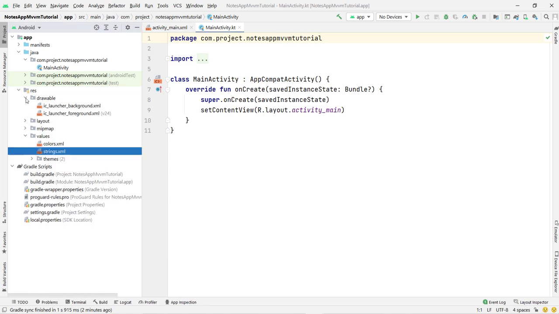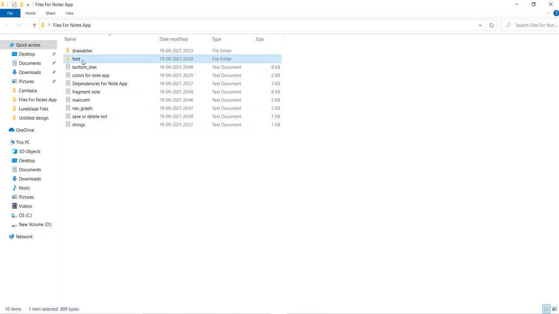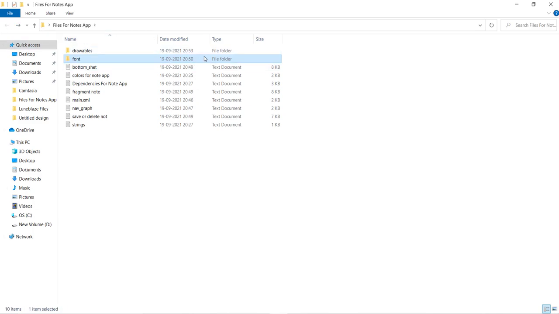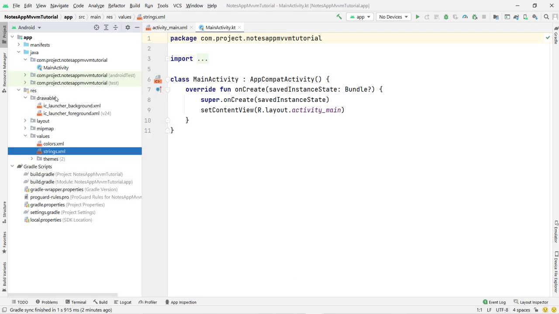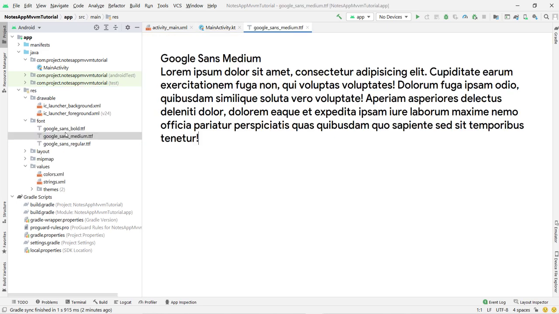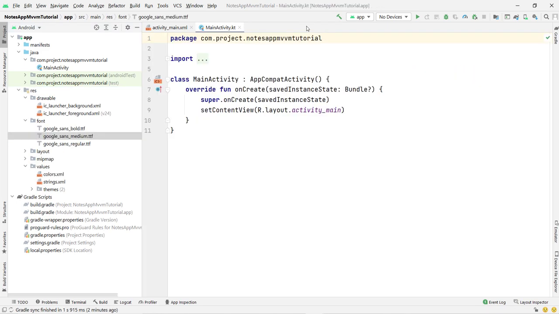Now the work is left for our drawable and the fonts. So again open this folder, and this is the font directory. It contains 3 fonts: Google Sans Bold, Medium, Regular. I will also provide these fonts in the description, so you can directly copy paste them. So Ctrl+C to copy, open this and paste inside your resource folder. That's it. Now your fonts have successfully come here and we are ready to write the code, but wait,